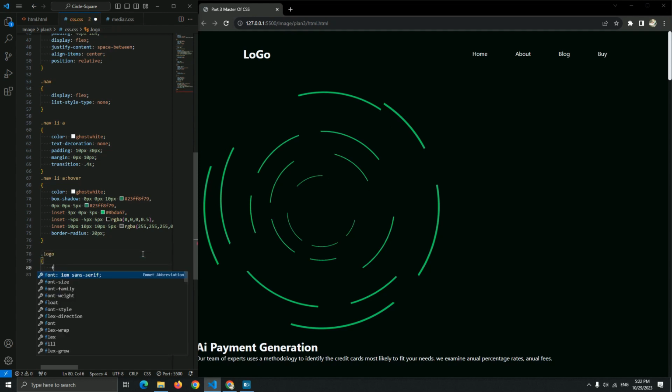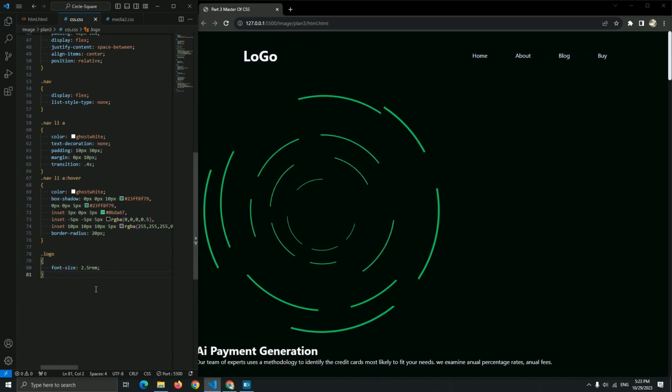Now let's go create a logo, a style for this text, and set the font size 2.5 rem. This is our logo, as you can see it right now, and yep, now the size is good. Now let's change the color of the go and this AI, as you can see it. So for the span color, let me just add a span, and let me add a color, there we go. This is our color of the span, as you can see it right now.